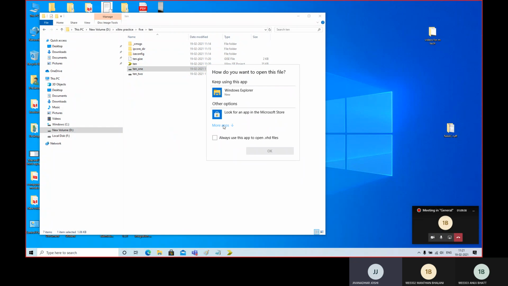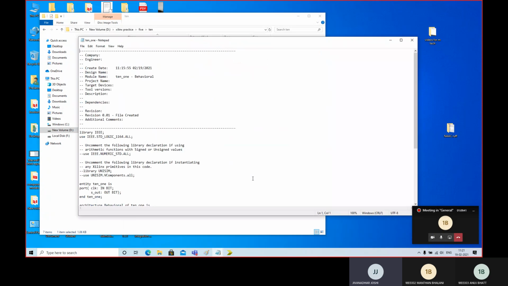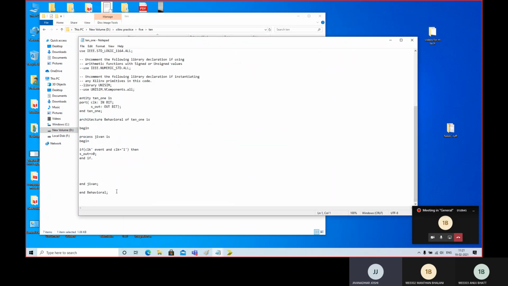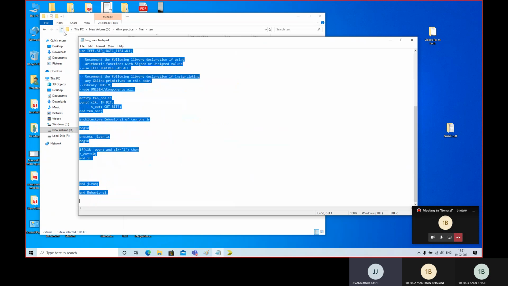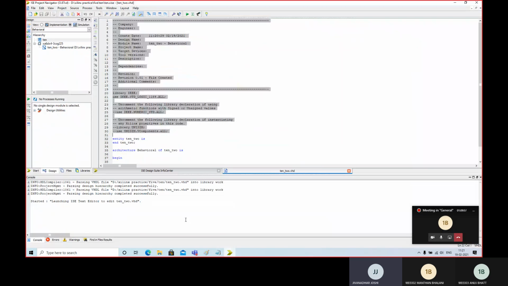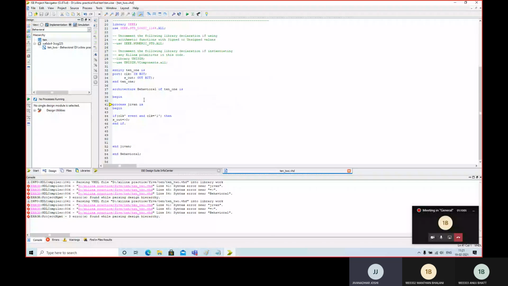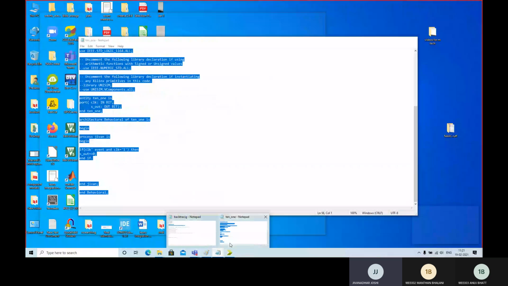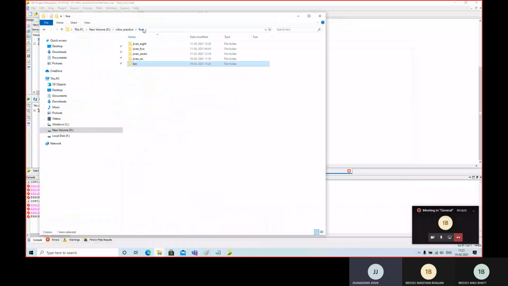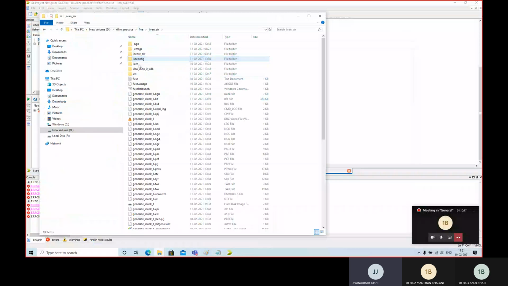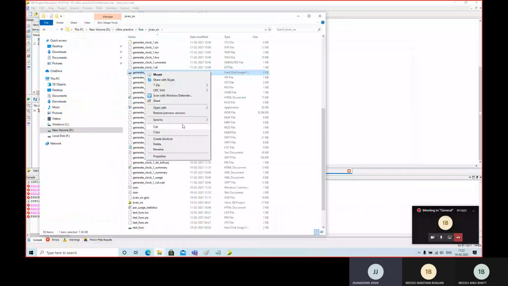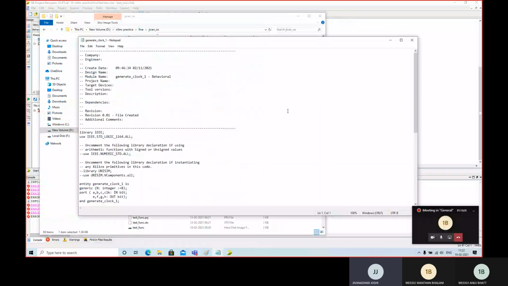तो ओपन विथ नोटपैड करता हूँ, बराबर, ताकि ये प्रोग्राम मैं सीधा कॉपी पेस्ट कर पाऊँ। कंट्रोल ए, कंट्रोल सी। चलो ये देखते हैं। और मुझे दूसरा प्रोसेस वाला सिंटैक्स देखना था, तो उसके लिए 5 में जाऊंगा, G16 या किसी में भी चला जाऊंगा, और ये जनरेट क्लॉक या कुछ भी है उसको ओपन विथ नोटपैड करूंगा। देखो कैसे किया है हमने।